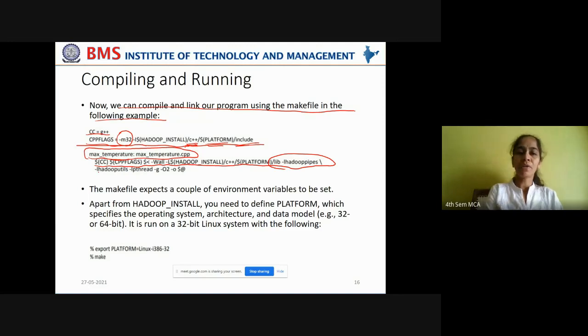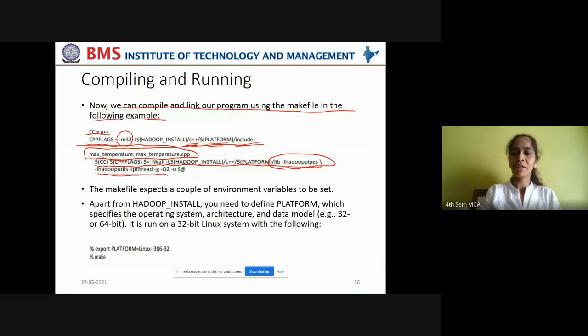So you're taking Hadoop pipes, Hadoop utilities, and Hadoop threads. Remember, you have to include Hadoop utilities, Hadoop pipes, and Hadoop threads to make it compatible to work with Hadoop, to create a compatible context for smooth communication between Hadoop and C++ programs.